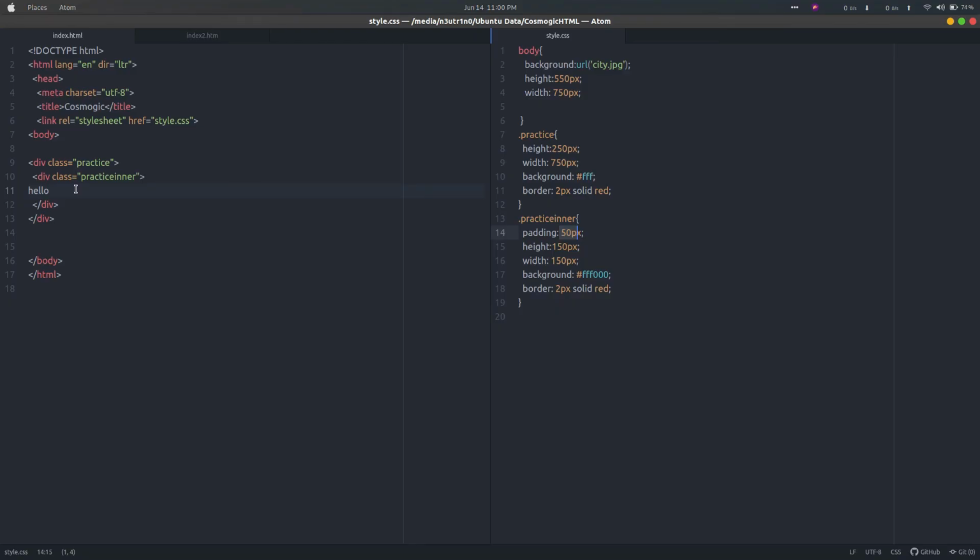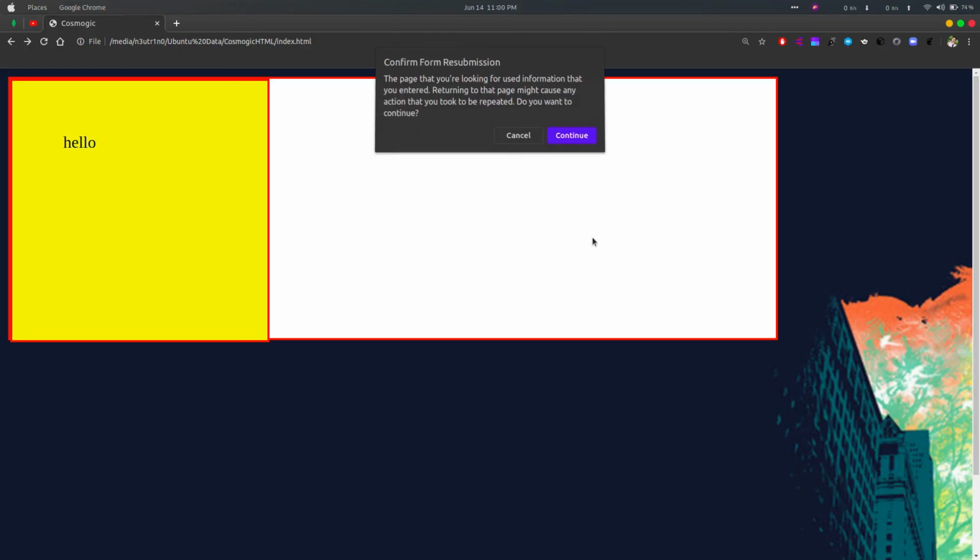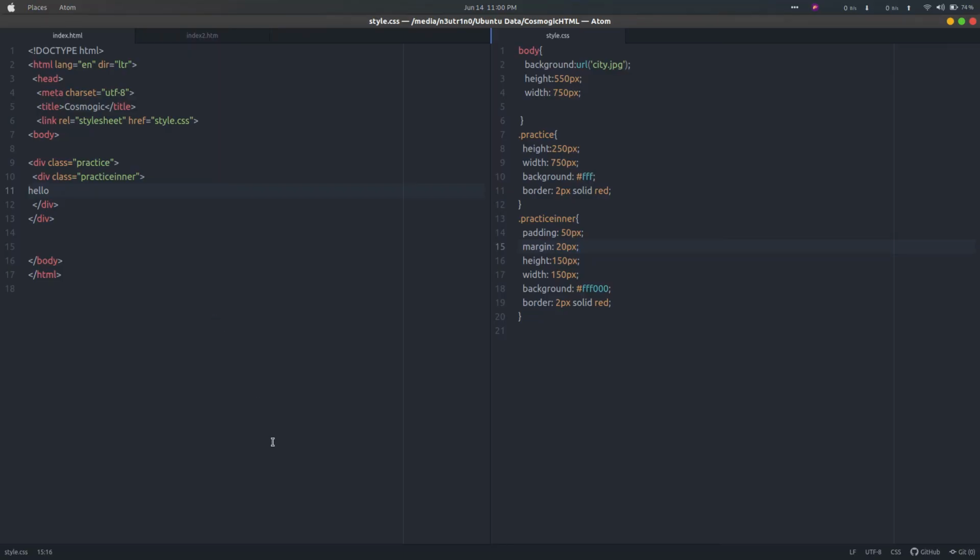We have 50 pixel padding from all the sides. Padding is different from margin. Let me put margin here. Margin means the content will be aligned away from the sides, like if I write 20 pixels, the margin will be 20 pixels from all the sides. You can see, margin works on the outer parts and padding works on the inner contents, the distance of the content from top and from bottom. This is the padding.